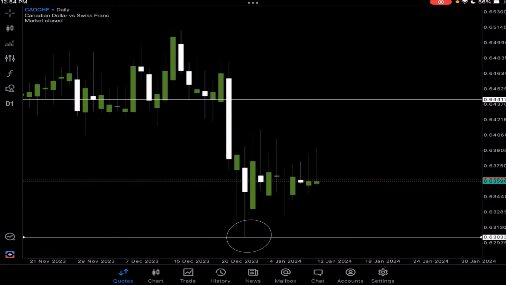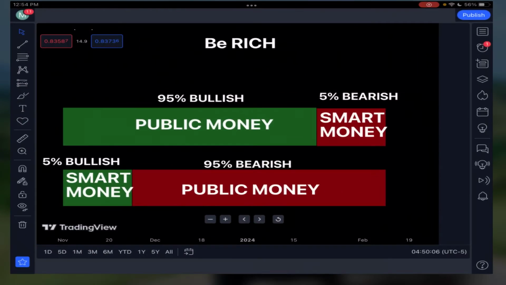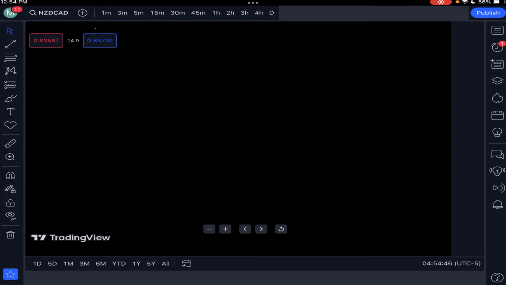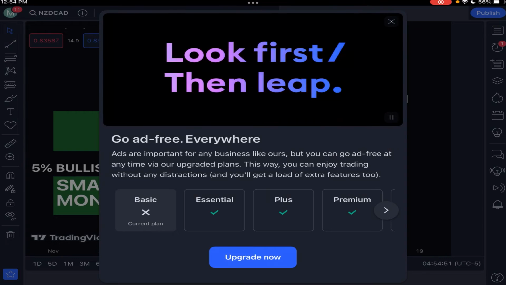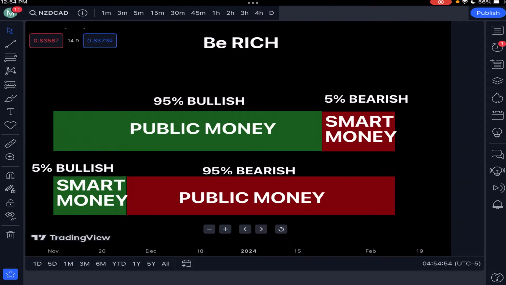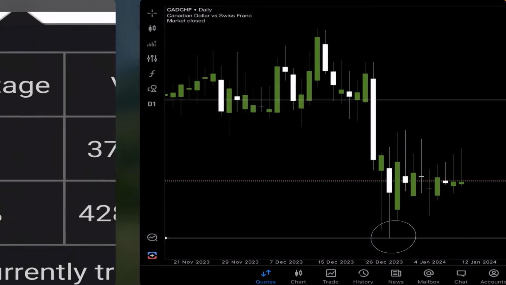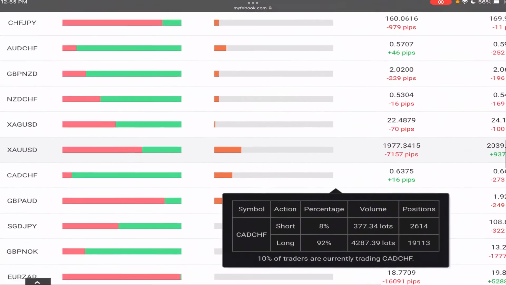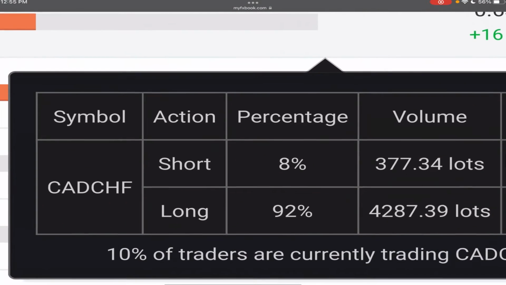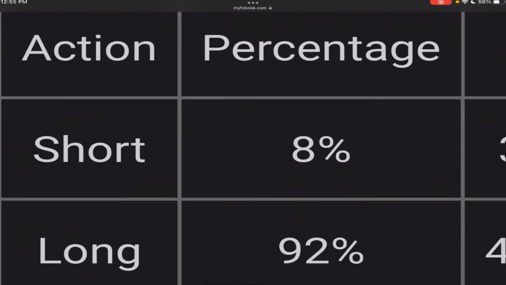No. Let's go back to TradingView and I'll show you what we do here. I'm pretty sure you're going to understand. I will make sure you understand. So we do what? We are not buying long term. We are still following the 8% or the lower percentage of traders in the market. But when do we do that? Now, if you missed the 10% here,